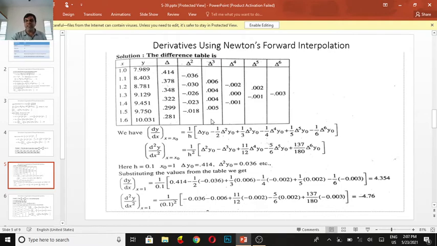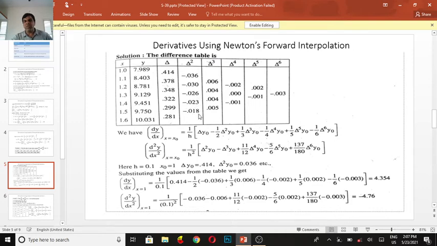See, again you take del square y. So take this difference: 0.378 minus 0.414 is minus 0.036. The difference 0.348 minus 0.378 is minus 0.030. So taking these differences, for the second differences we get minus 0.036, minus 0.030, minus 0.026,